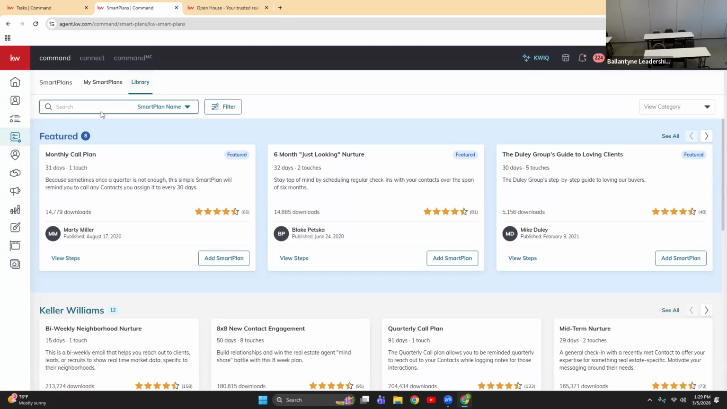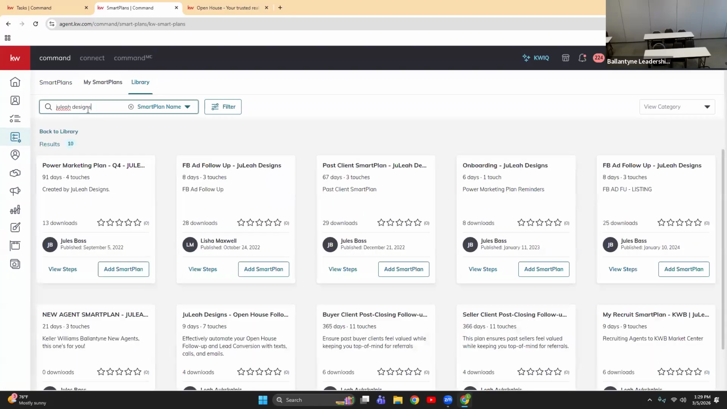And under library, it defaults as smart plan name. If you can type in JuLeah Designs, so that's J-u-L-e-a-h, Designs with an S. Okay, so again, if you go in the library and search JuLeah Designs, these are a lot of the smart